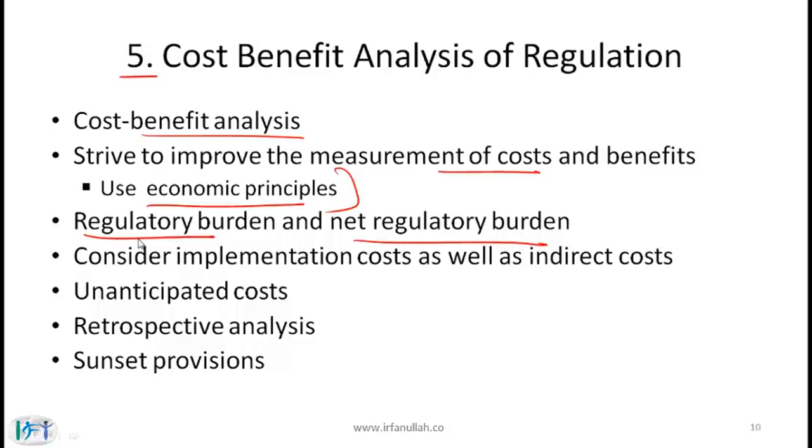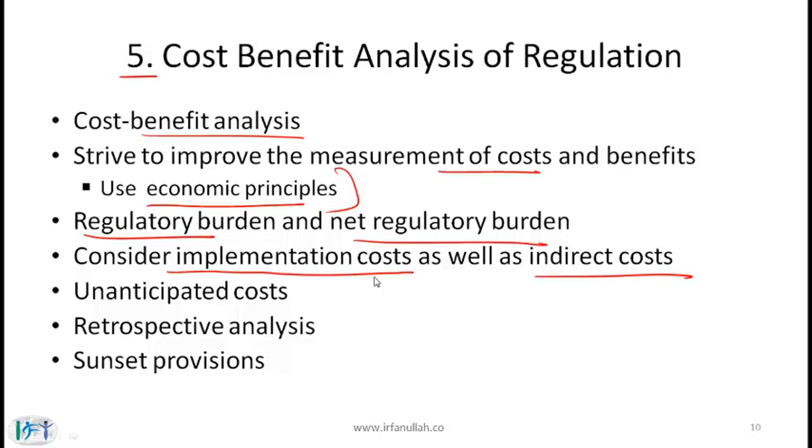So regulatory burden essentially is the cost of regulation. Net regulatory burden considers both the cost of regulation as well as the benefit. Now, when we talk about cost of regulation, clearly there is an implementation cost. So for example, the cost of compliance lawyers when a given set of regulation is enacted, so that would be considered an implementation cost, a cost that is explicit, that is visible. But then there are also some implicit or indirect costs that also need to be viewed.